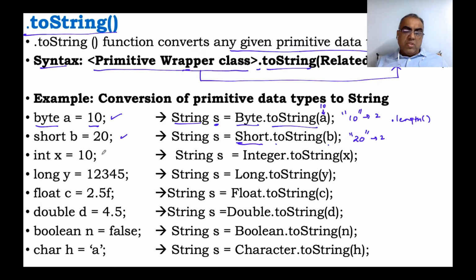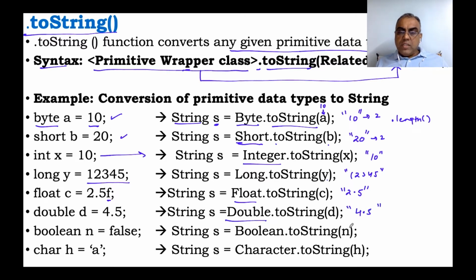characters present in here. So if it is an int, then it is going to be Integer.toString(x). So 10 will become like this. If it is a long, Long.toString(y) containing 12345 becomes 12345 like this. As float has f behind, when it gets converted with Float.toString, obviously computer is going to apply only 2.5 and not f. F is only to make computer understand that the value is float type. So as Double.toString will make 4.5.